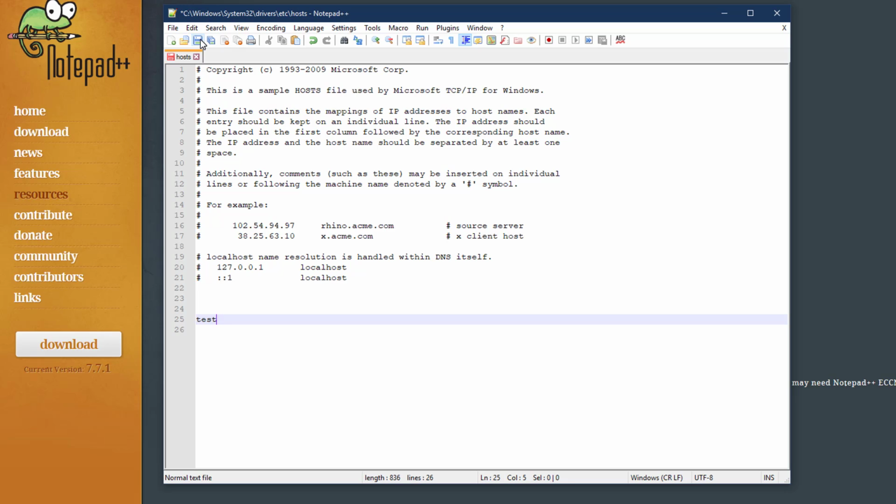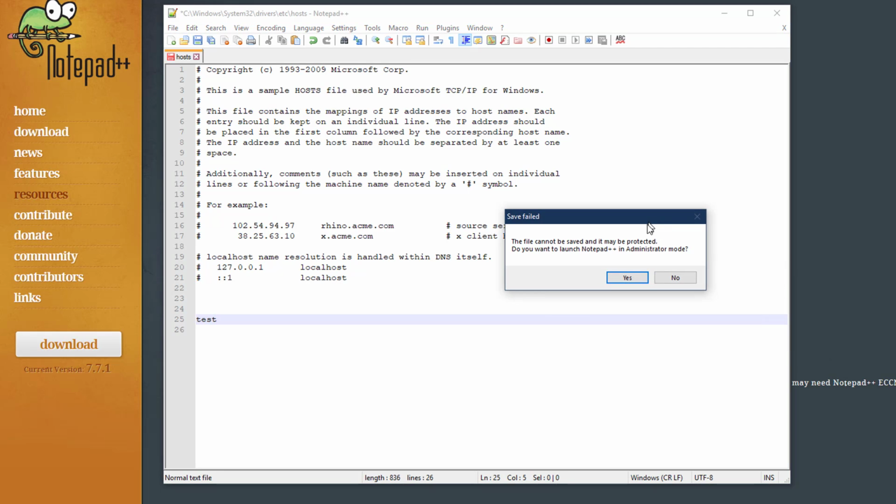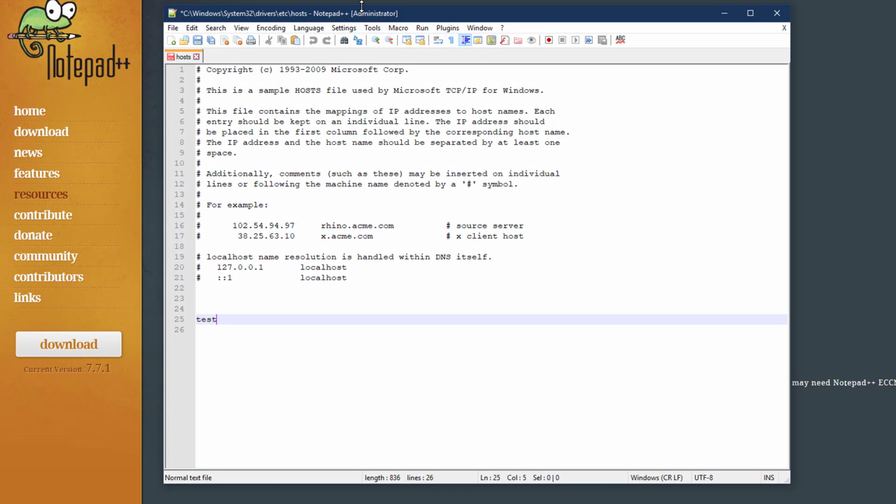This is a feature I love about Notepad++. I've opened it as a non-admin function. I went in there and opened my file because I'm not thinking about it being a protected folder, but when I hit save, Notepad++ will say, hey, you can't do this, it's protected. Do you want to relaunch in admin mode? Of course I say yes, and it reopens the file as administrator, but my changes are still there. So I can hit save. No harm, no foul. I didn't lose all my edits. That's one of the main things I love about this. You can save to protected mode folders, not lose your edits,